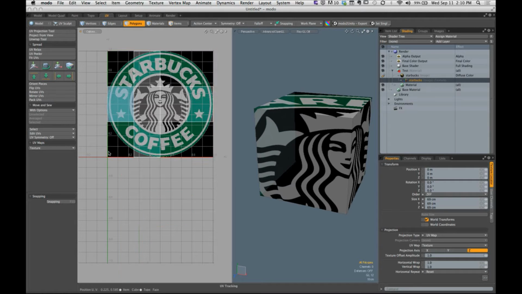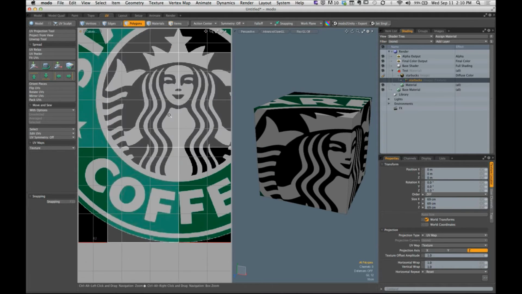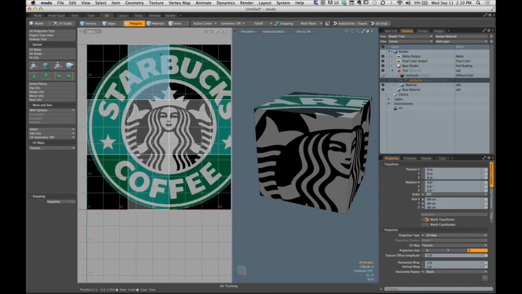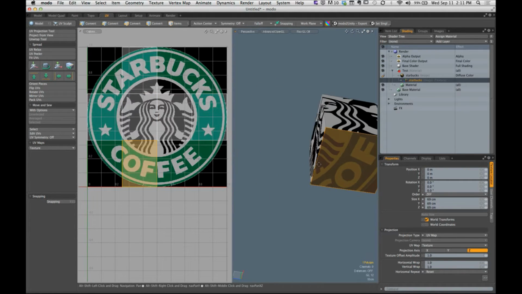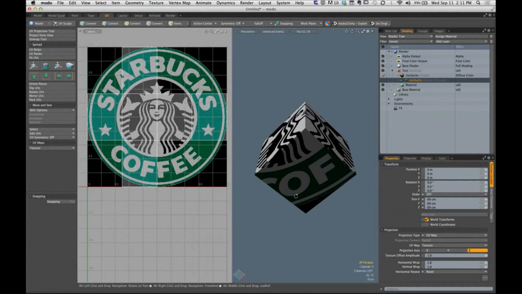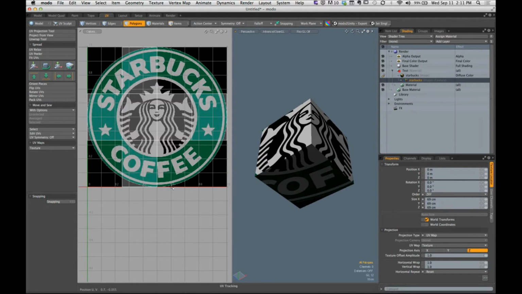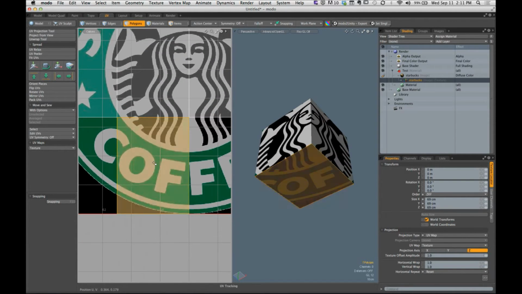Let me zero this out so we can see what's going on. Okay, so you can see my texture in the background of my UV quadrant. And wherever this UV island is within that texture is going to determine what shows up on that polygon. Let's pick a better example. Let's use a polygon down below where we can easily see the O and the F. If I select it here, look what happens. We can see the O and the F just on that polygon. It's not showing up on any other polygon because that's where this UV island is residing within our